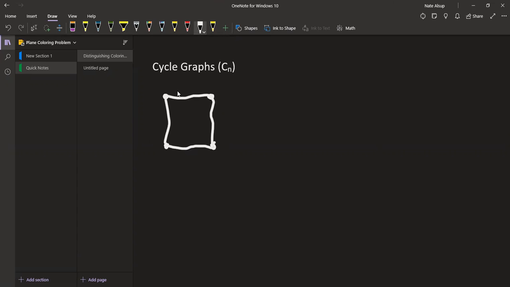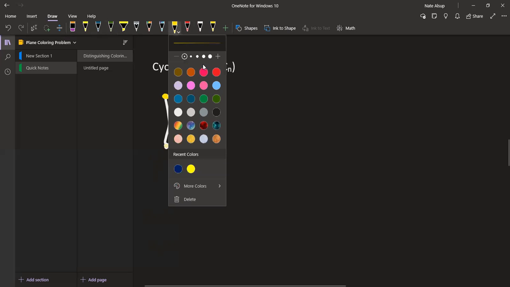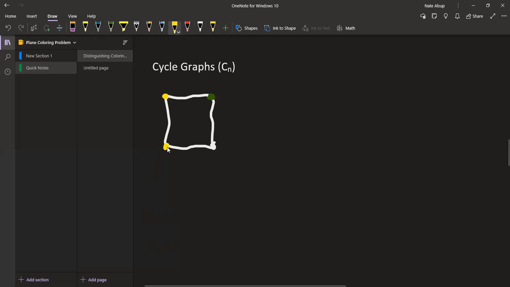All right, so that's a C4, and the way to color it is, let's do yellow up here, green right here, and yellow again. I could make this yellow, but if I do that,